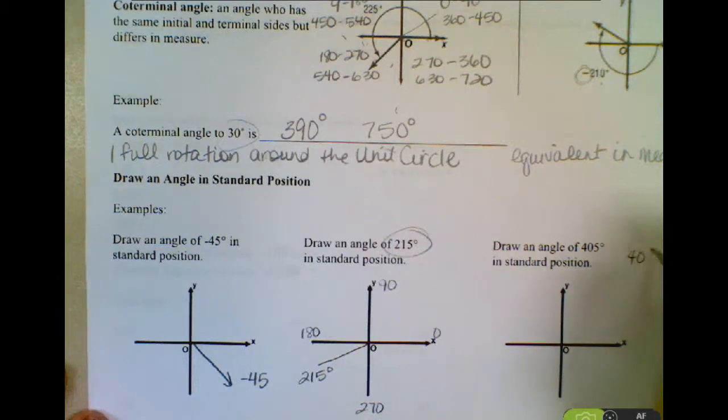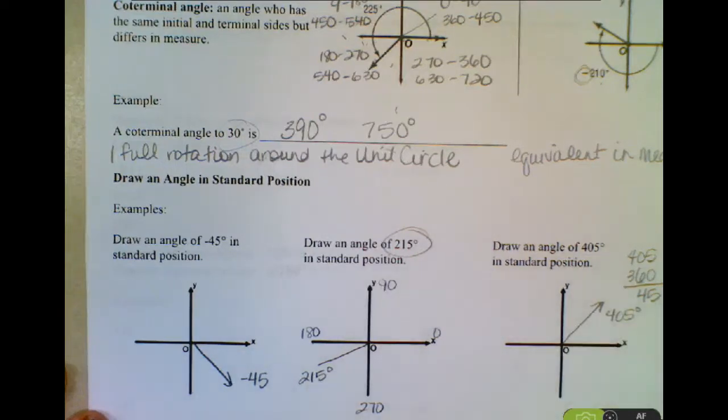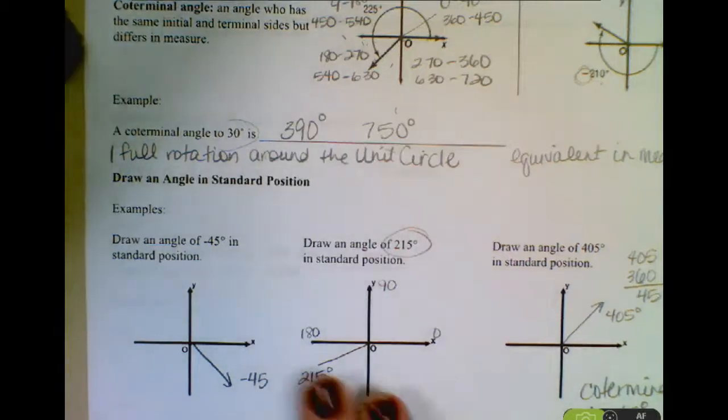405, so if you take 405, a full rotation around the circle is 360. Okay, so that would give me 45 degrees left. So I go all the way around, that's 360, plus another 45 degrees. So that would be a rotation of 405. Ask yourself what that is coterminal to. That would be coterminal to 45 degrees. So anything that would apply to a 45-degree angle would also apply to 405. Okay? All right, so